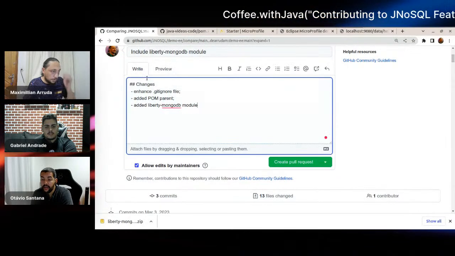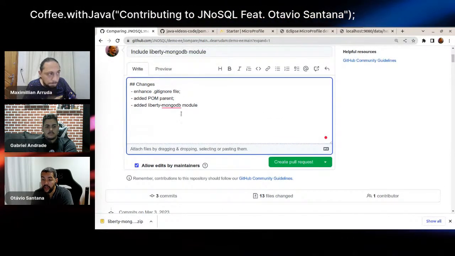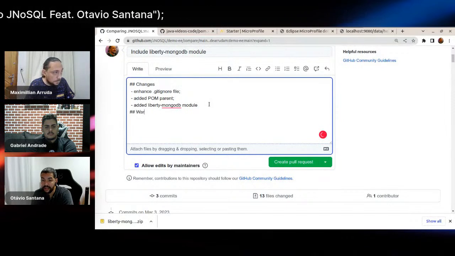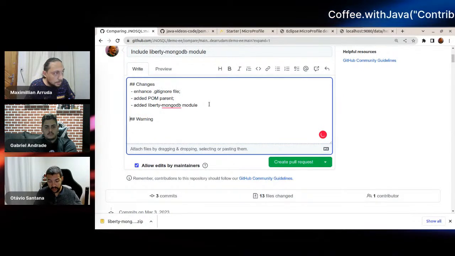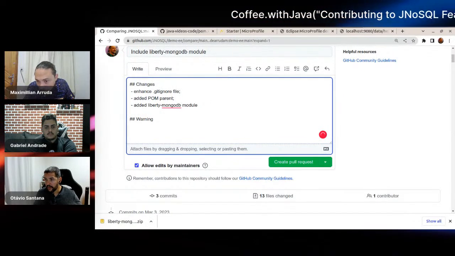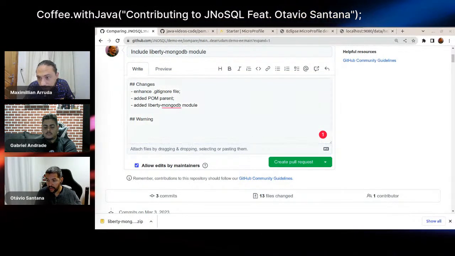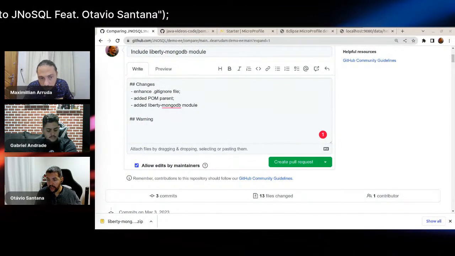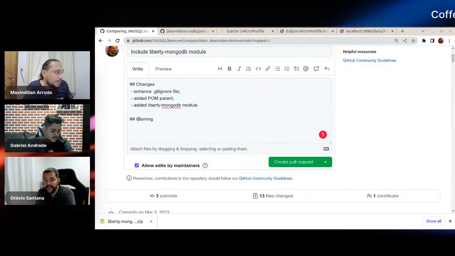Okay. What you can usually do is to put a warning. Say, okay, it's missing this. A warning like this. Oh, one second. Warning, like an emoji.